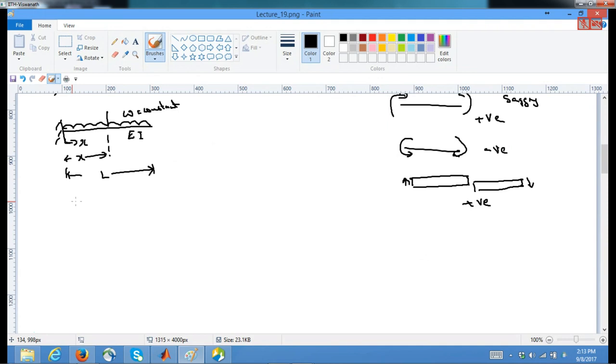We know that EI d square y by dx square is equal to M, the moment at a section x. So M of x in our case